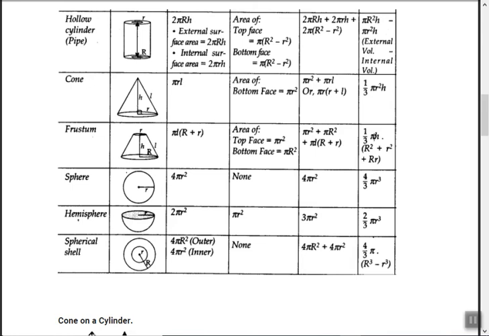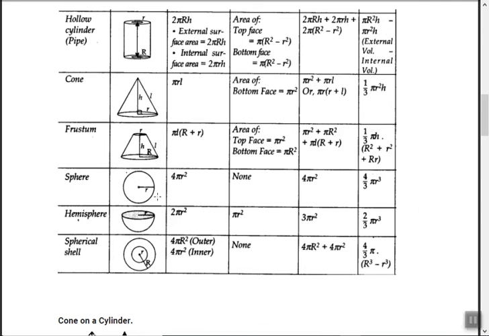And volume is what? This is what you have to remember, 1 upon 3 into pi into h into bracket. This is very important. Capital R square plus small r square plus capital R into small r. This you have to remember. There is no other escape for this.